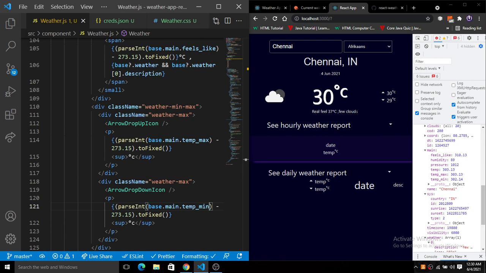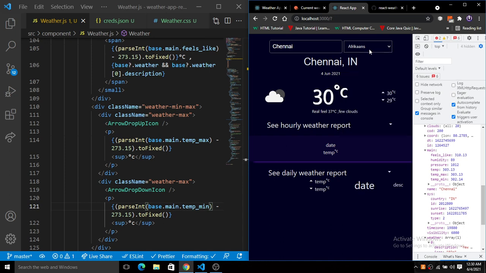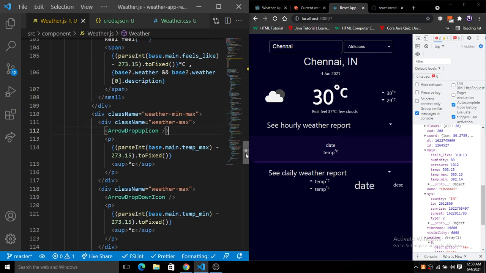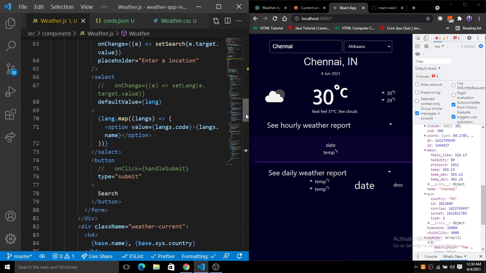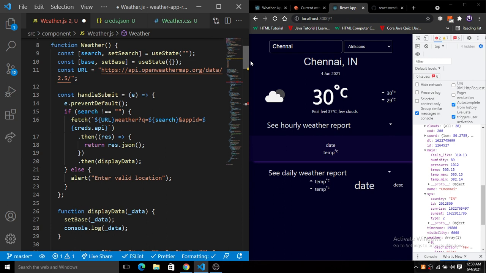The only thing that is left is the language here. So how will we set the language of this? What you have to do is create an onChange property and create a state for the language. So we just uncomment this. Let's go to the top, and here create a state for the language. So let's create that const, and we have this language.